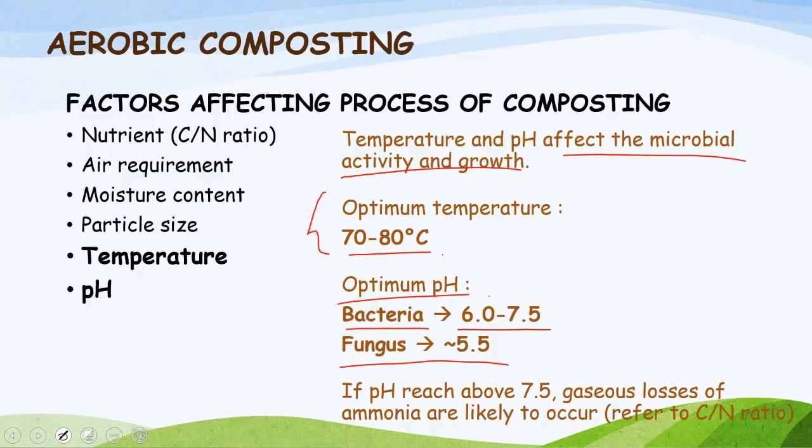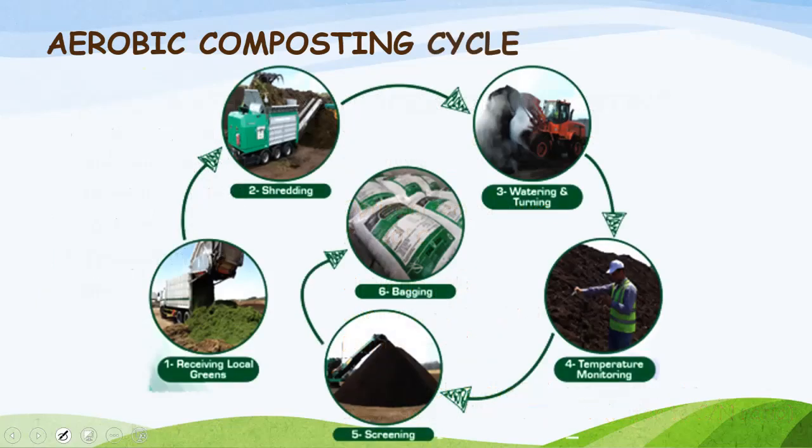Okay, so we have to make sure that all of the factors are within the range that is required. Now, this is the aerobic composting cycle. So the first step